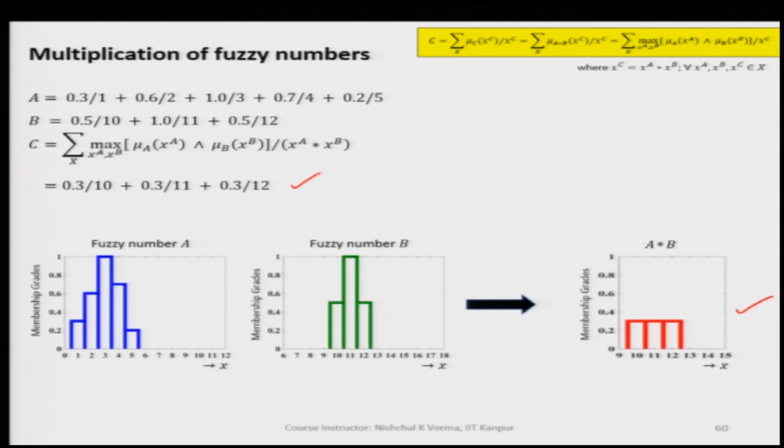So, this way, when we have a fuzzy number A and fuzzy number B and we multiply them as A star B, or in other words, when A and B both are fuzzy numbers and they are multiplied, we are going to get a fuzzy set, and this is not going to be a fuzzy number in our case here. So, in a more appropriate way I would say that the multiplication of 2 fuzzy numbers may not be a fuzzy number.